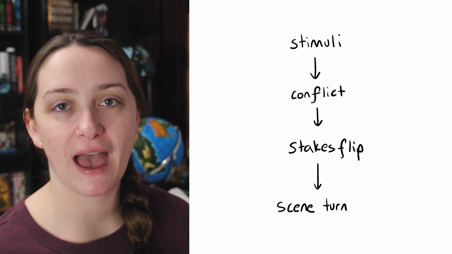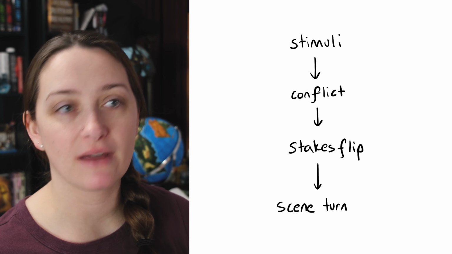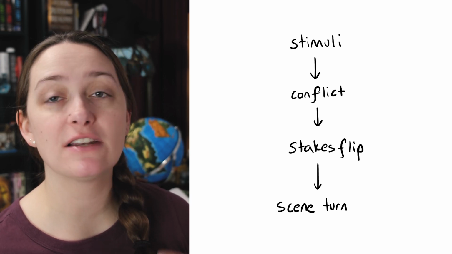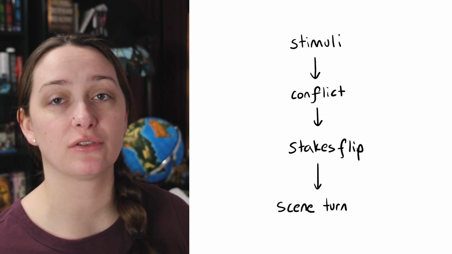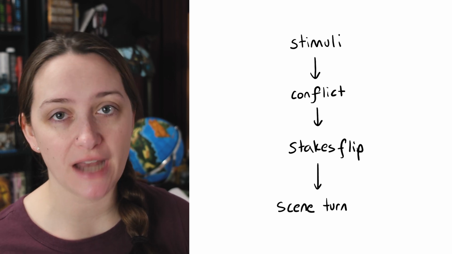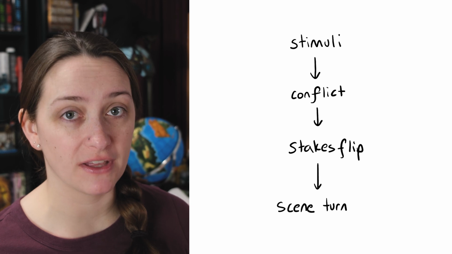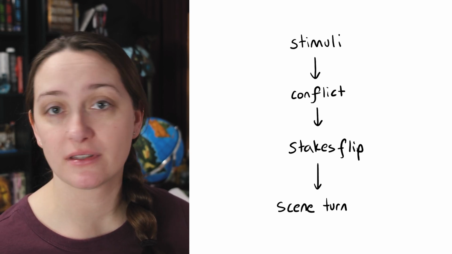But from those, we have essentially 4 components, right? So we have the stimuli, whatever is triggering the start of the scene. This could be something that is internal, so the character or the protagonist has a goal, or it could be something external, or I think they call it antagonistic, right? Where something's forcing your character to act, something external to them. And then you obviously have the conflict where they're trying to accomplish their goal, but there's difficulty.